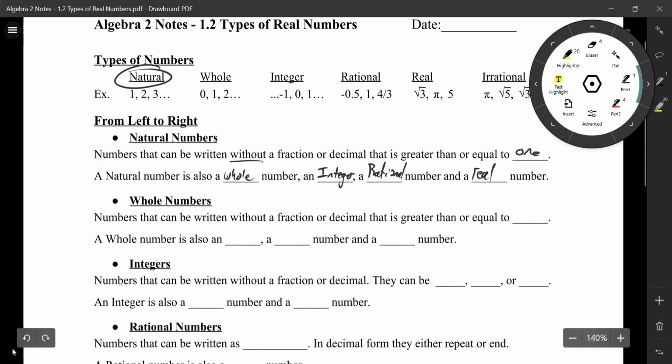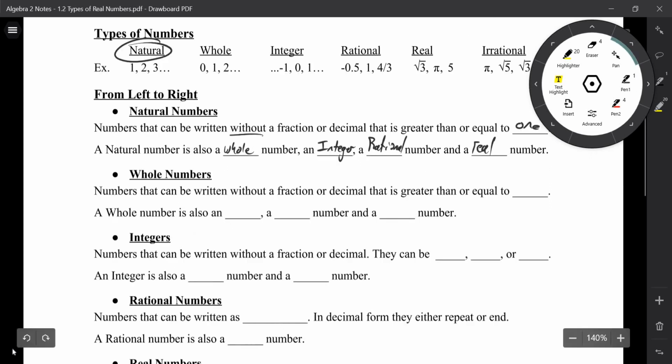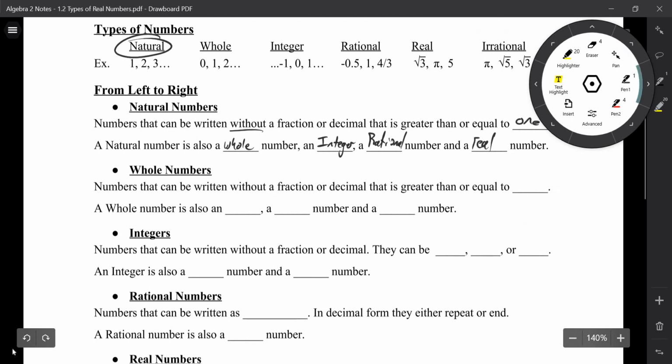You will only have someone say, oh, I have 1 dog, or I have 4 dogs, or I have 3. You might have someone trying to be funny and say, oh, I have 1.5 dogs, because one of my dogs acts more like a cat than a dog, but really they have 2 dogs. Whole numbers, we'll jump into. Again, first off, numbers that can be written without a fraction or a decimal that is greater than or equal to 0. So whole numbers, also integer,